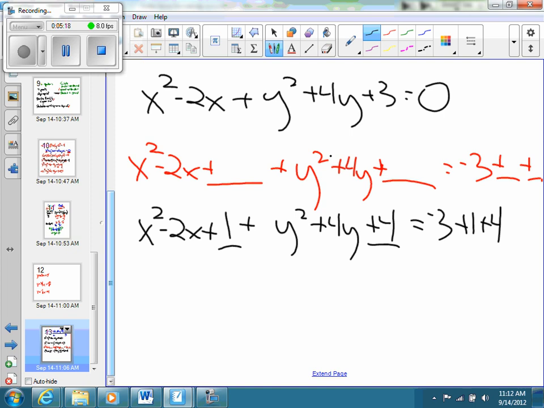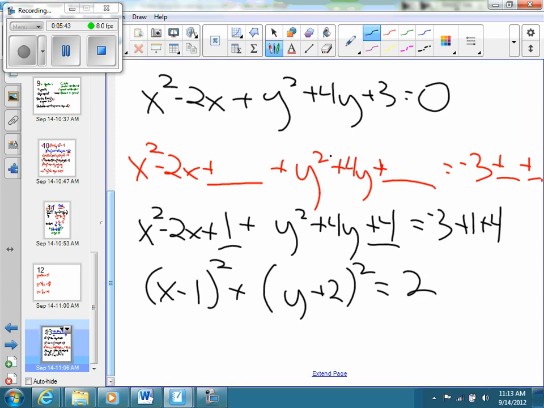Because I added them on this side, I got to add them on this side. The whole purpose of completing the square is so that I can now have this nice square thing that's going to resemble the standard form. So this is going to be x minus 1 squared plus y plus 2 squared is equal to 5 minus 3, which is equal to 2. Standard form. Hooray. Like that? I like it too. I like it. Right. So if you're confused on completing the square,